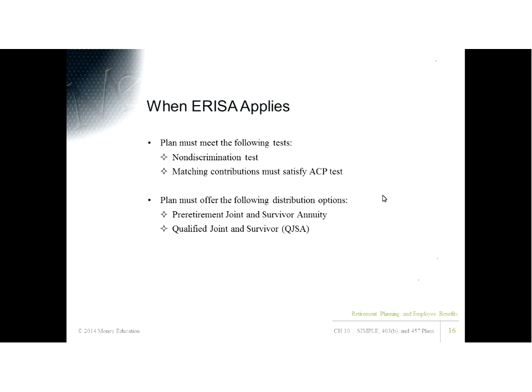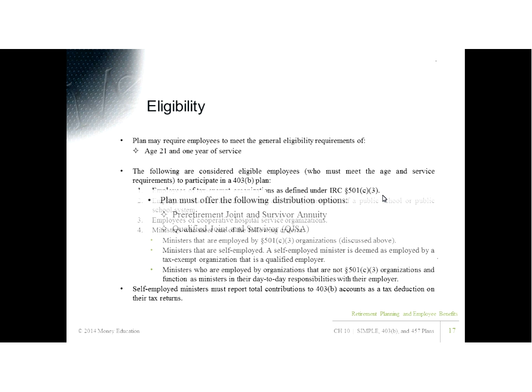403Bs are known as tax-sheltered annuities. It used to be that the only kind of funding vehicle you could have for these was an annuity contract, typically a variable annuity contract. That is no longer the case. We're not going to do individual stocks and bonds, but we can still have mutual funds, which is what most 401ks are funded with.